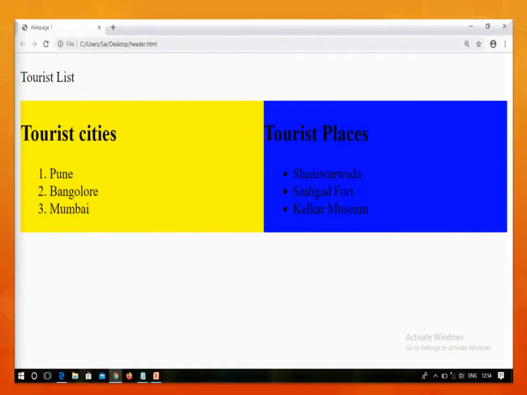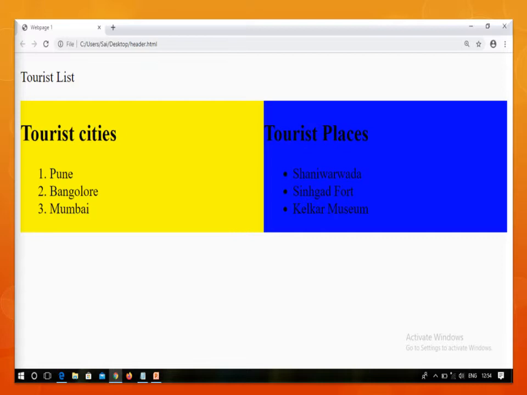This is the output of your program. See, there are two sections of your web page. The first one, which we declared in the section tag, uses an ordered list. The tourist cities and ordered list items are Pune, Bangalore and Mumbai.